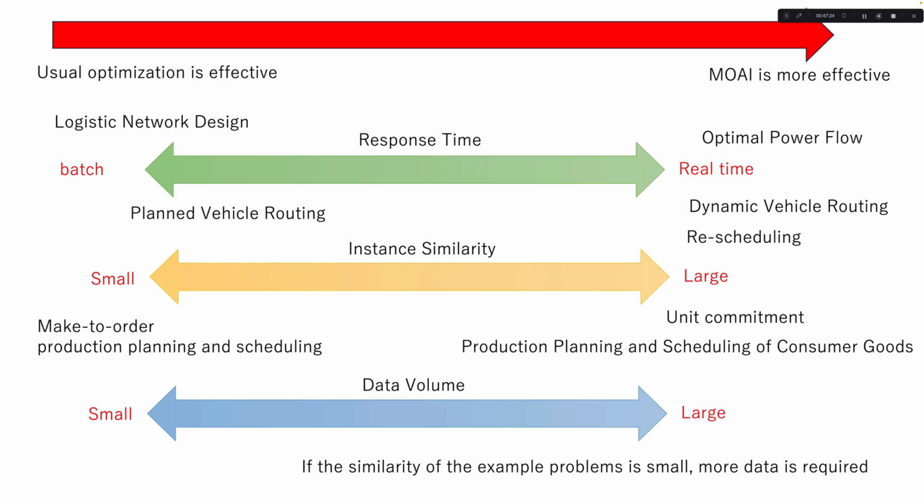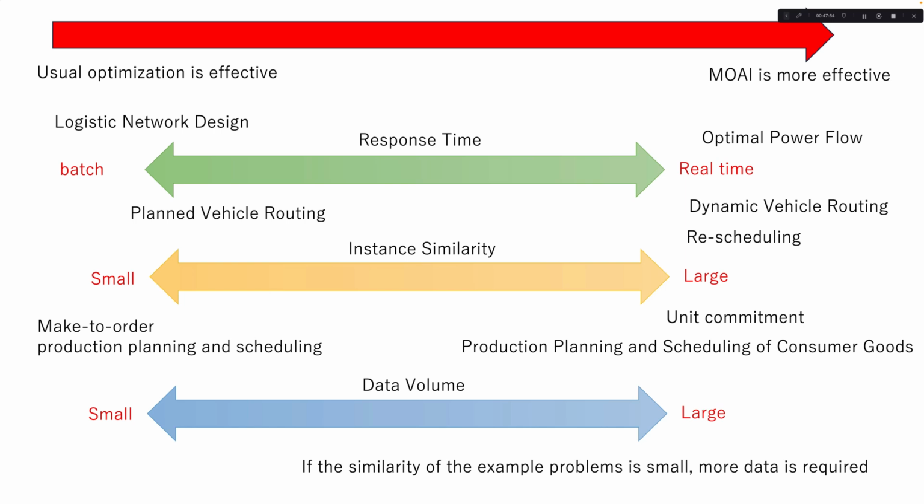This diagram illustrates when the MOAI approach is effective. The red arrows indicate that MOAI becomes more effective as they move to the right. First, from the perspective of response time, conventional optimization is suitable for logistics network design or planned delivery routing, which can be handled by batch processing. On the other hand, power flow optimization, dynamic delivery routing, and rescheduling, which require real-time responses, are suitable for the